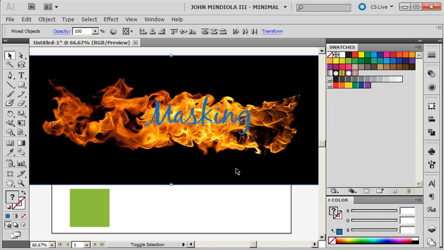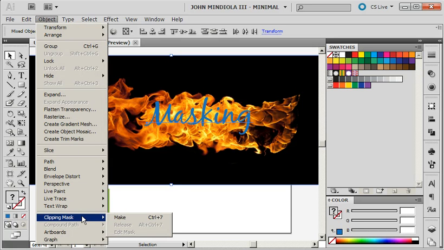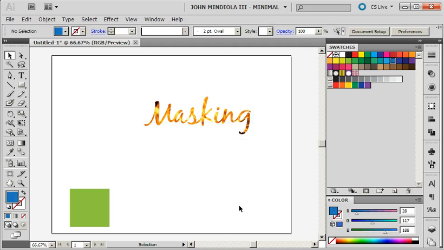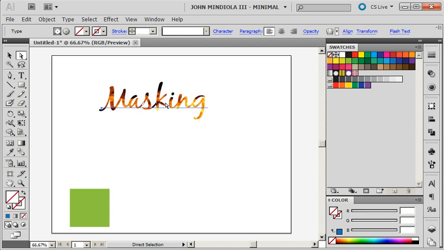And then I'm going to select this, hold shift, and select the image as well. They're both selected, and only those two things are selected. Object, clipping mask, make. And now again I can see that the fire is now masked inside of the text. And I can move this text around wherever I want to, and it will expose different parts of the image. Or conversely, I could